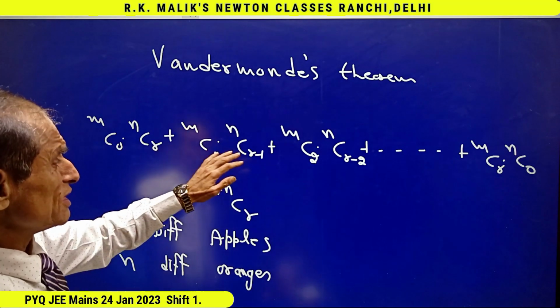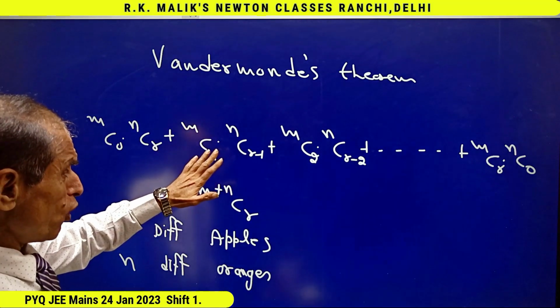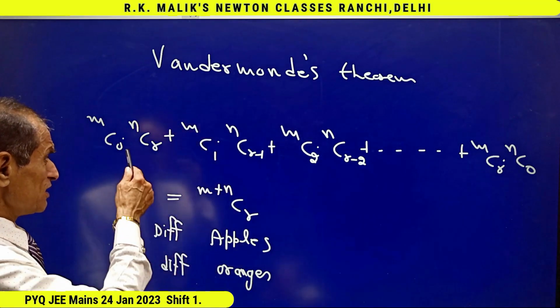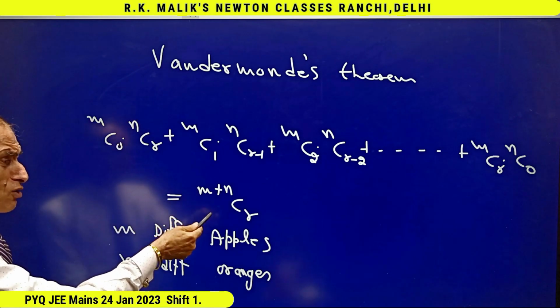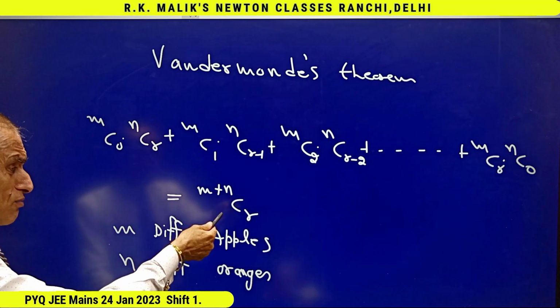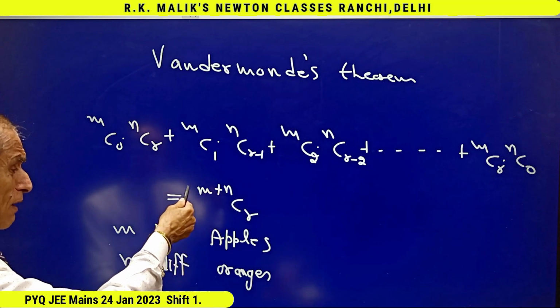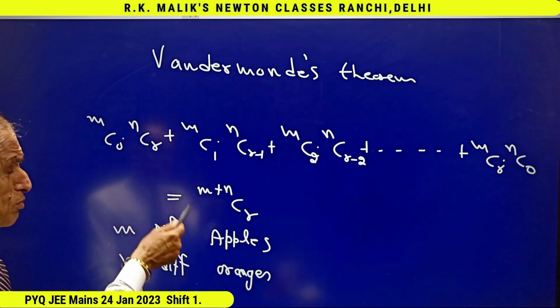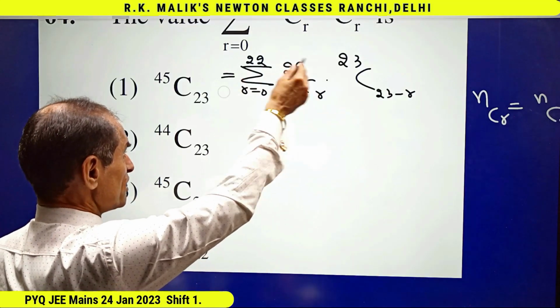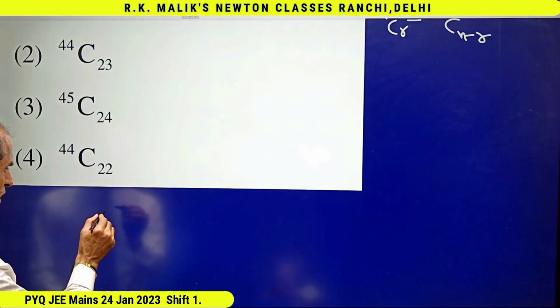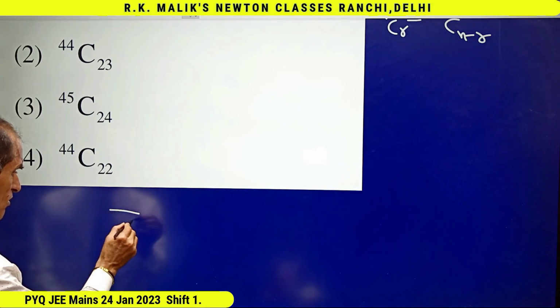Because the left hand side contains all possible ways of selecting fruits from M plus N fruits, and this is also representing the number of ways of selecting R fruits from M plus N fruits, hence both must be clearly equal. As I had read here and writing it here,